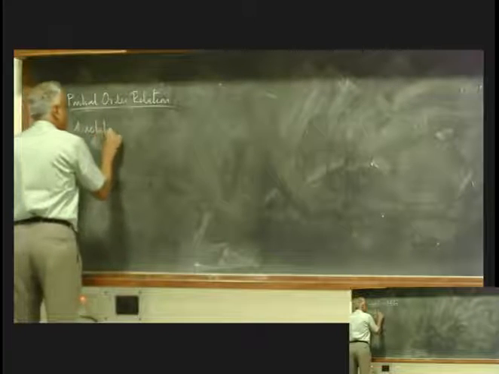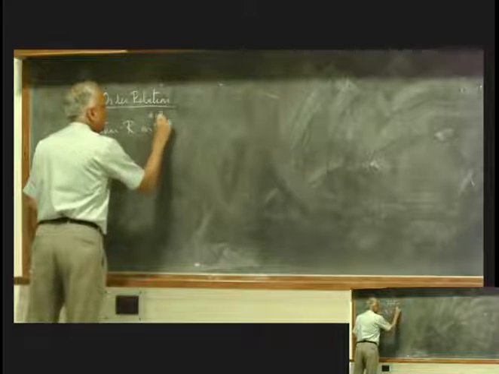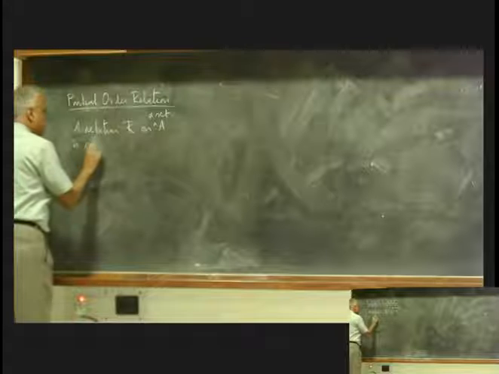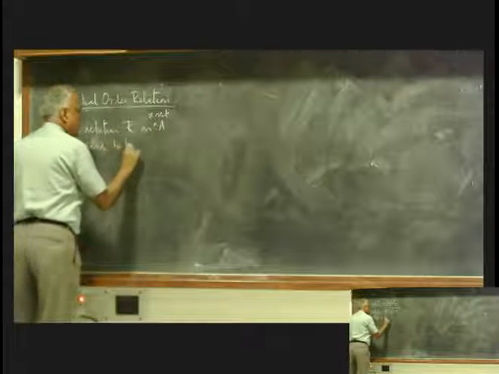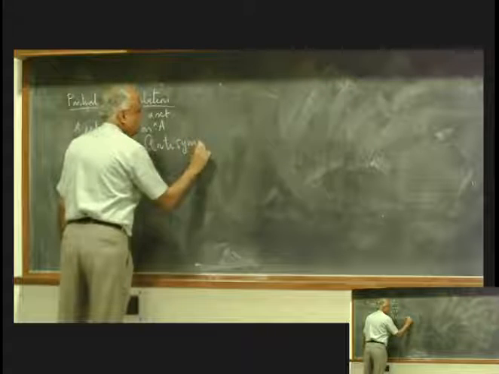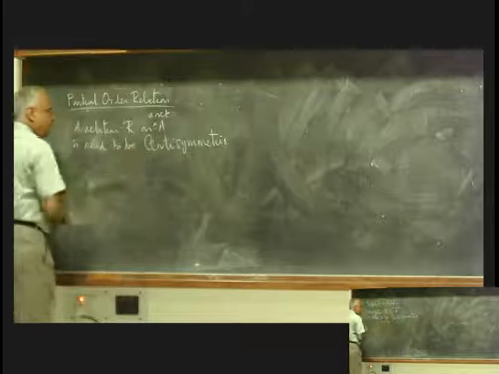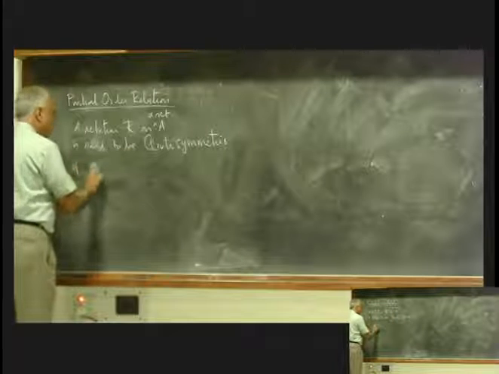A relation R on a set A is said to be anti-symmetric. The word anti is a very dangerous word these days. Anti-symmetric if